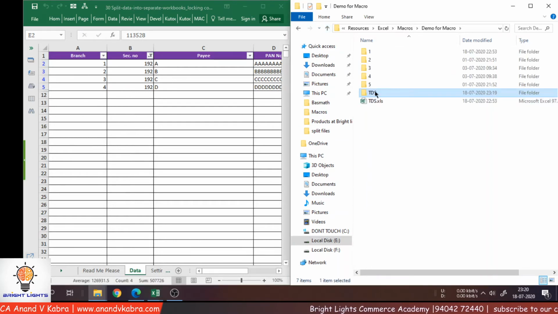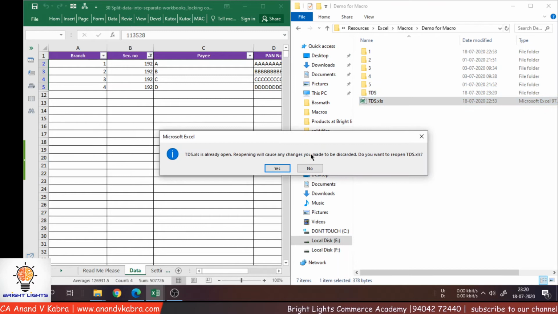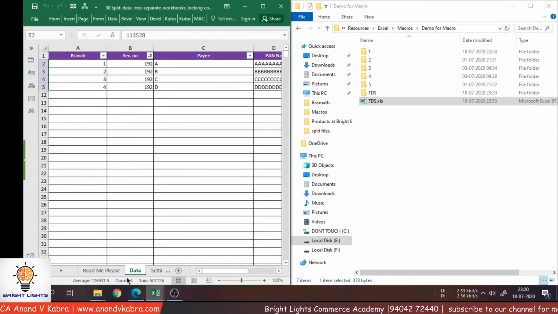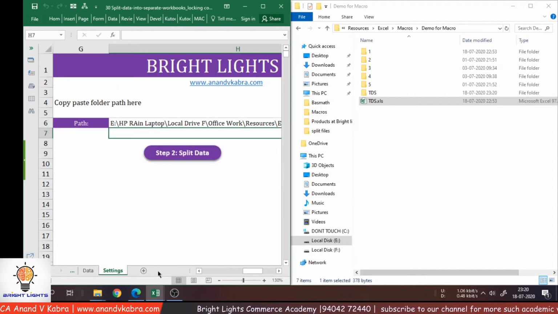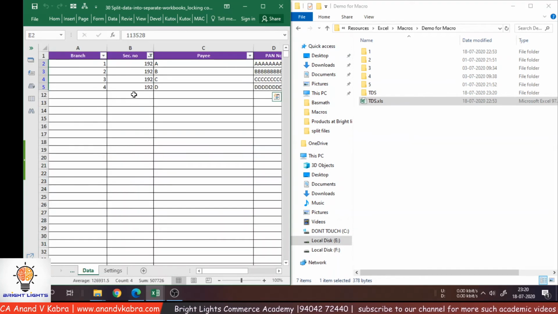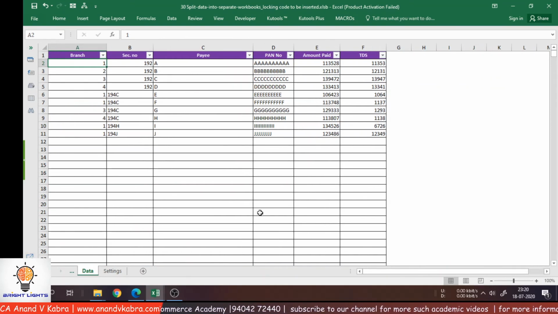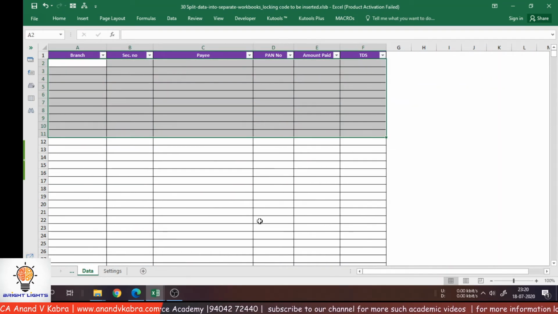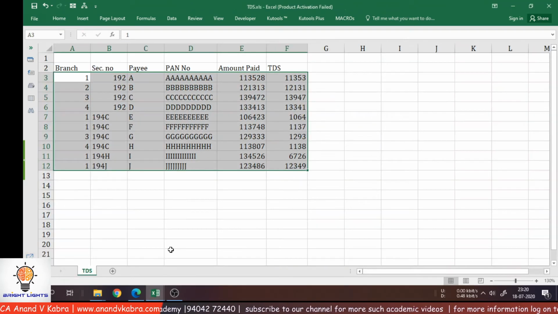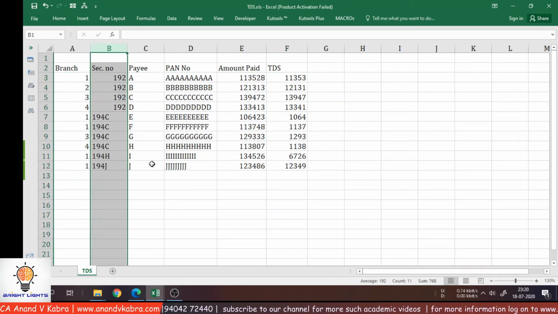Again, I'll check this file. Now I want to change the filter. If I want to create the data branch wise, what will happen? Let's see. I'll clear out the data in the tool. Again, I'll go to the basic data and change the columns.